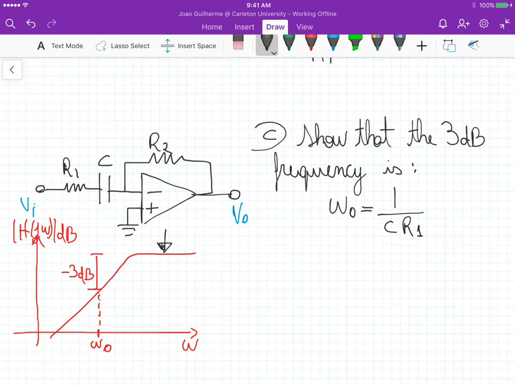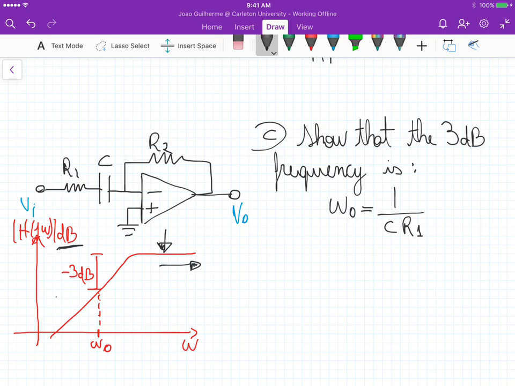And if we start decreasing, remember it's a high pass filter, so we allow higher frequencies to be shown at the output. So the output becomes our input times that high frequency gain. But if we keep decreasing the frequency, we start to decrease the gain. Okay, and if you represent the gain in dB here in the log scale,